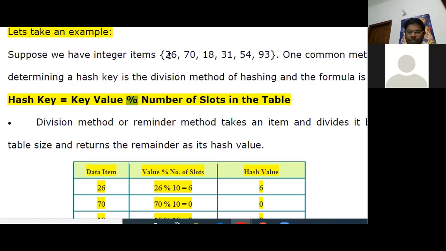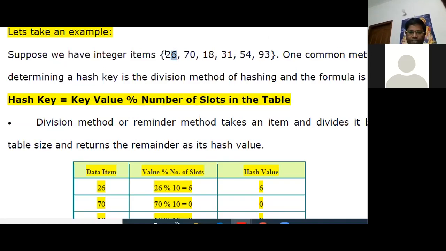So what does it mean, and how will we represent these values into the memory slots? Just take the data items one by one. The first data item is 26. The hash key is determined by this formula: key value modulo number of slots in the table.